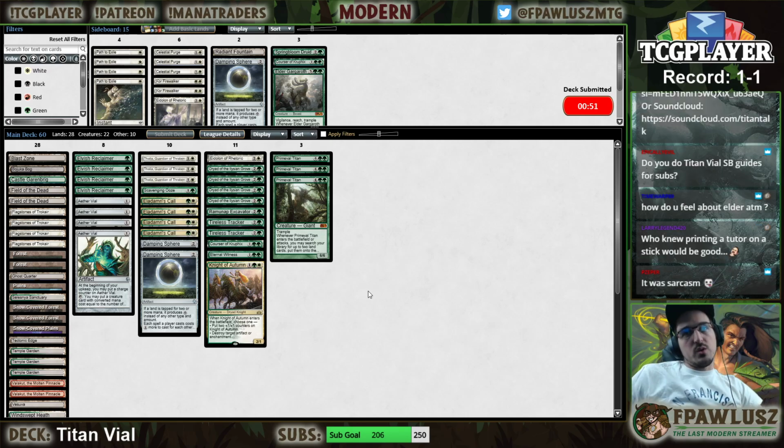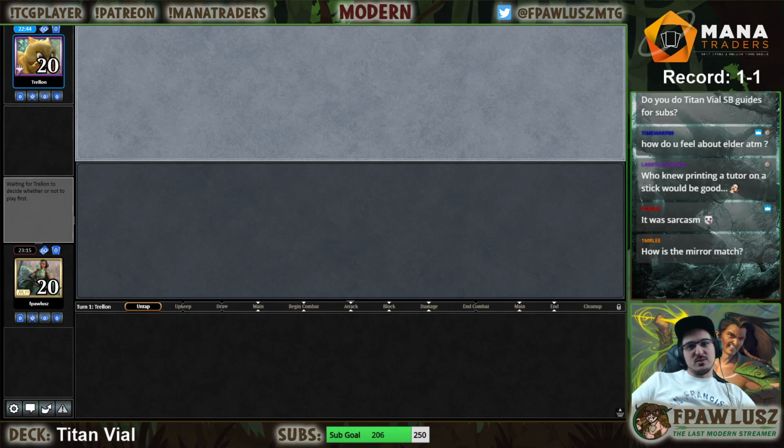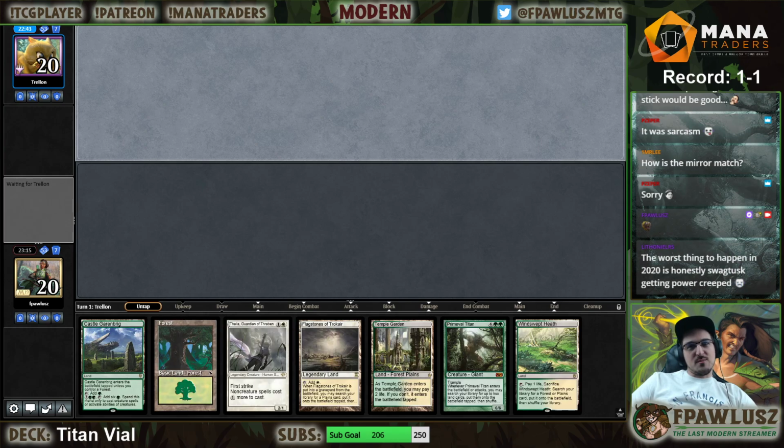When you're printing a tutor on a stick. Oh, okay. You have to use the kappa. You have to use the... We have a kappa mode now. I mean, we always had a kappa mode. Never mind, but...